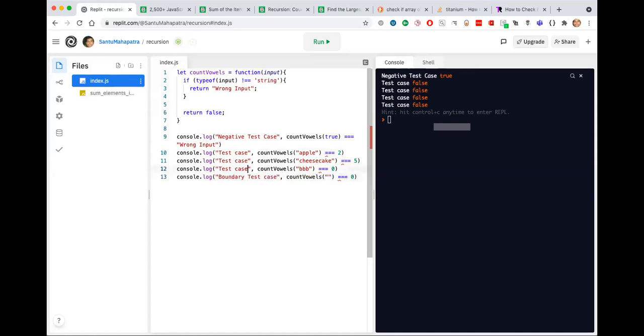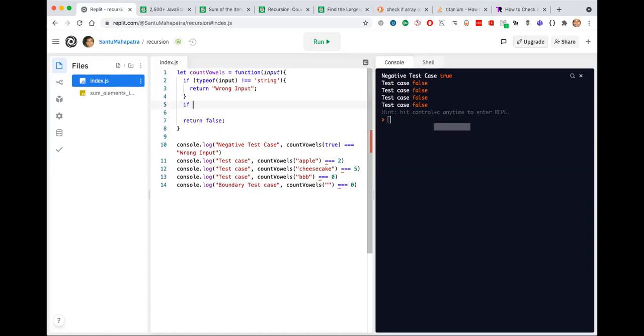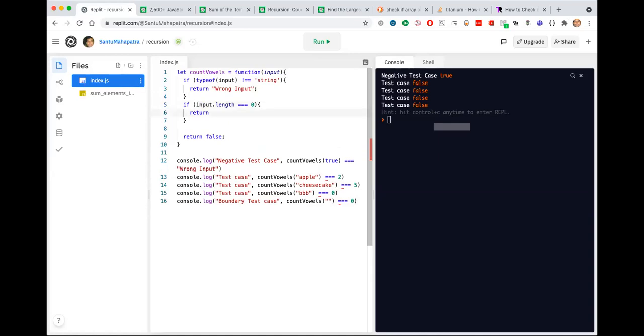If the length of the string is 0, then it should return 0.